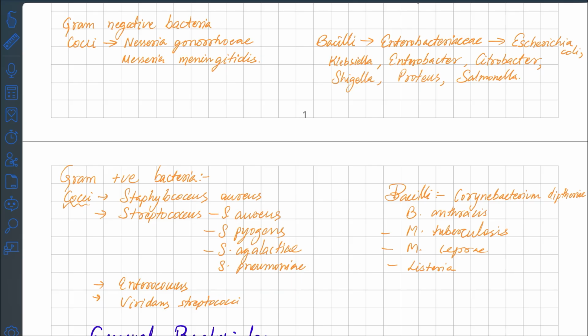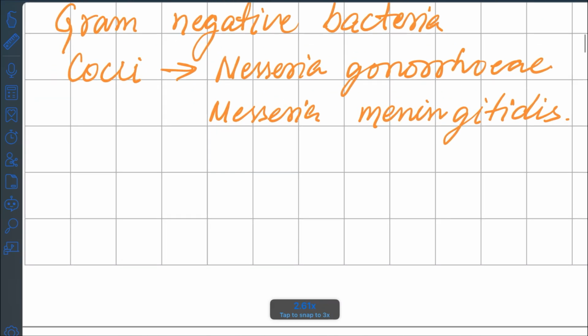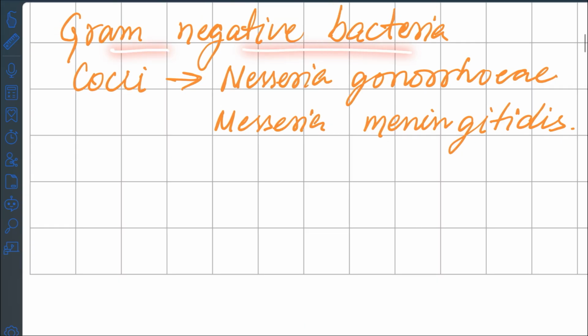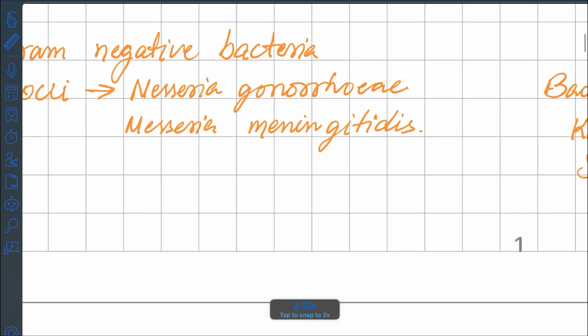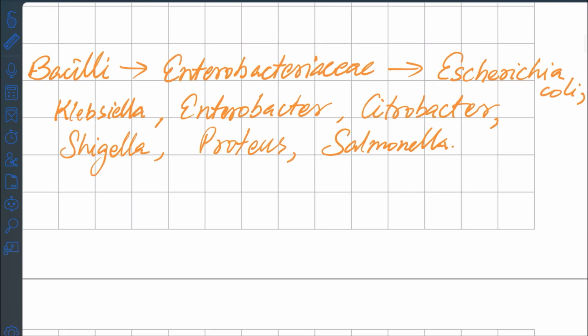These questions are mostly asked in vivas. Your teacher can ask you to name some gram positive cocci or bacilli, or gram negative cocci or bacilli. So let's learn them. First, looking into gram negative bacteria. Neisseria gonorrhoeae and Neisseria meningitidis are gram negative cocci, whereas among gram negative bacilli, a very important family of bacteria